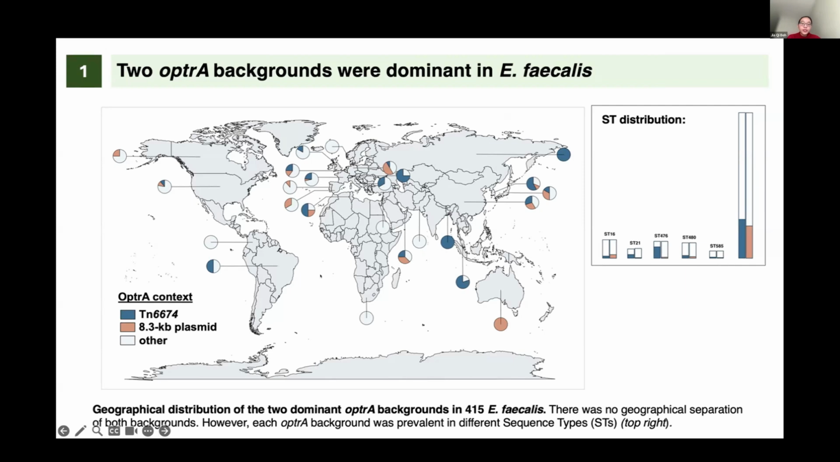What I found most interesting here was that when we compare the geographical versus the sequence type distributions of both of these backgrounds, we found that the backgrounds actually overlap more strongly with the sequence types than the geographical origin. As you can see here, certain backgrounds such as the transposon are more common in certain STs compared to other STs. So this actually suggests to us that different OPTRA backgrounds